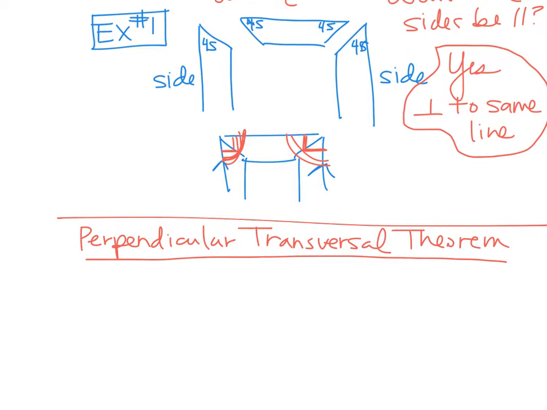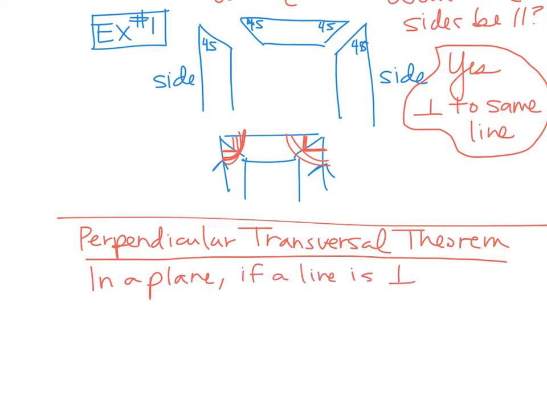It's a line that cuts through 2 lines, right, is a transversal. So the perpendicular transversal theorem, again, this one says in a plane because it does not work in space. I'll show you why it doesn't work in space in just a second. But it says this, in a plane, if a line